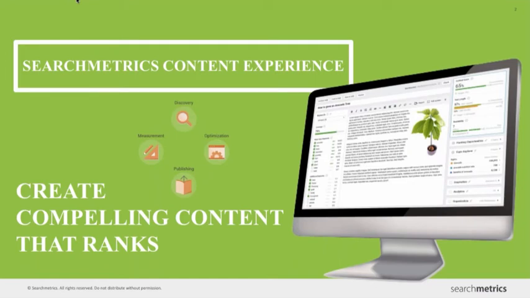So today, as I mentioned, we're going to go through some of the new features of Content Experience. We released Content Experience Suite in the UK at the beginning of Q2 this year. And we have since been working very hard to release a lot more features, which will help you to create the content that you need and that your users want to help you rank, and obviously improve traffic and conversions